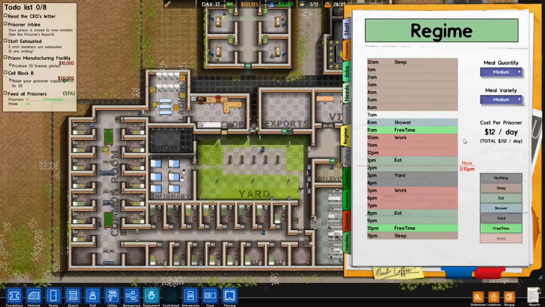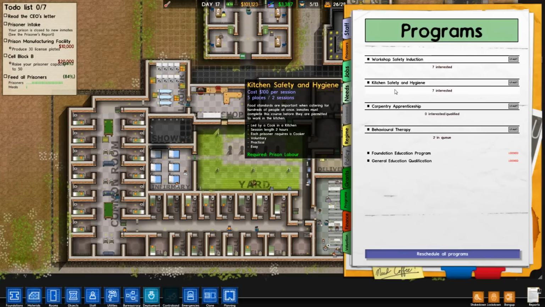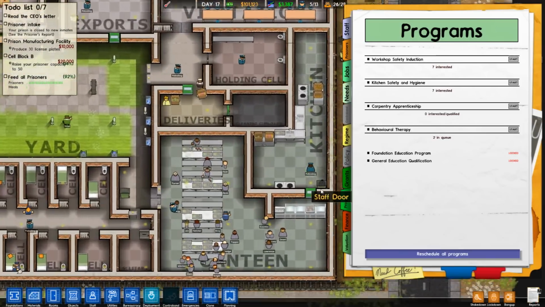Some of the classes, I think, need 3 hours, so it's best to have that. Great. So we go to programs now, and that's opened up all of these different things that we can do. We don't have a classroom, so we can't do any of the classes, but kitchen safety and hygiene, anyone who's working in the kitchen can...